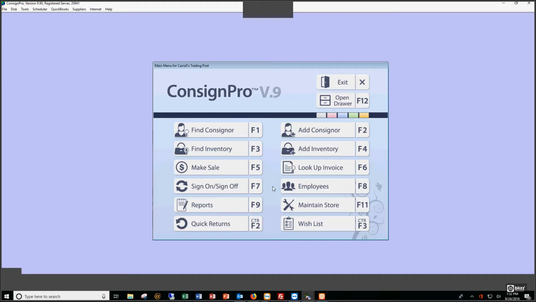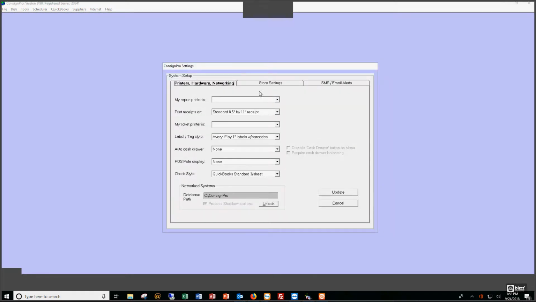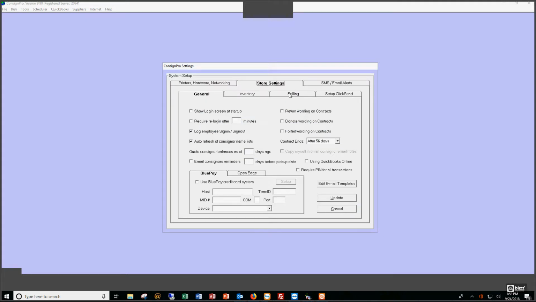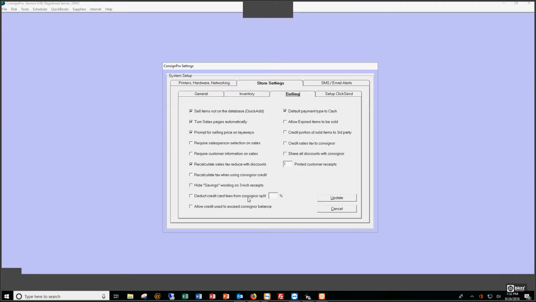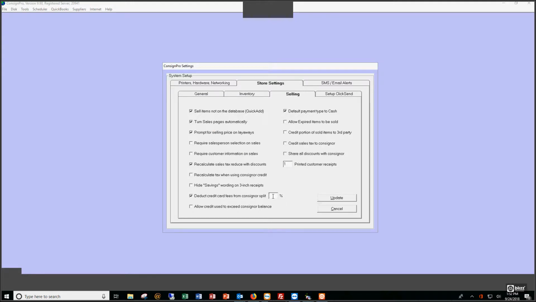In any case, we're going to take a look at 1, 2, 3, 4, 5, 6 additional ways to make money. Buyer's fees are by far probably the most used out of these 7 features we're sharing tonight. Next, we're going to go into credit card fees. Under Maintain Store, Customize ConsignPro, Store Settings, Selling, we have the ability to deduct from each purchase